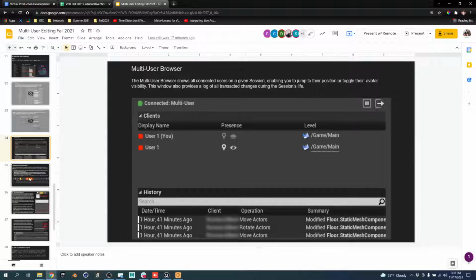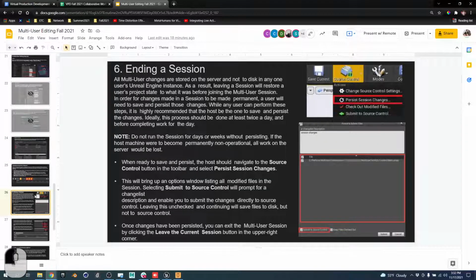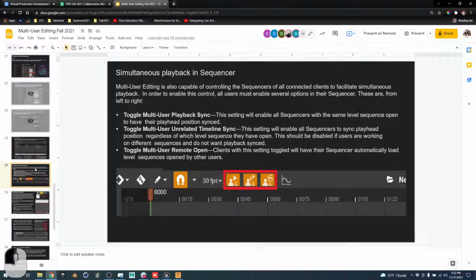All right, so we've seen some features. Let's flex it a little bit more right now, and let's try a couple more of these exercises to see some of the features. We've already done teleporting to find people in different maps. That works. What we're going to do now is work on sequencers, and this is kind of building into another workflow. So I'm going to create a sequencer real quick